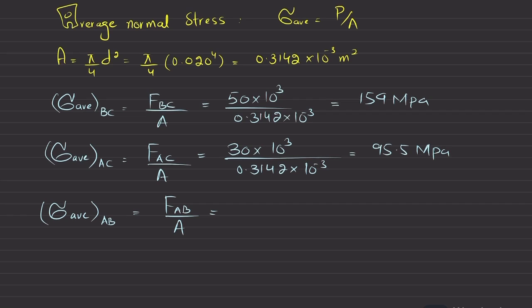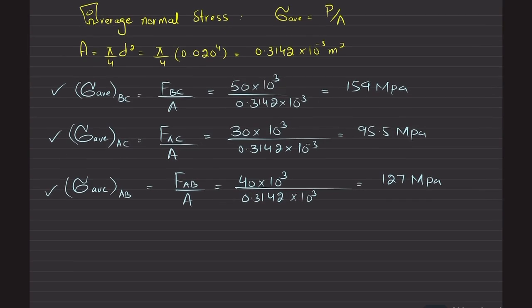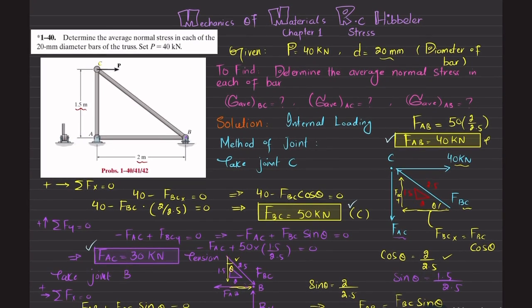If you put the value of AB, which is 40 kilonewtons, so 40 into 10 raised to power 3 divided by 0.3142 into 10 raised to power minus 3, and that will give you 127 megapascal. So these are the average normal stresses in BC, in AC, and AB of the truss members. And that was all about this problem